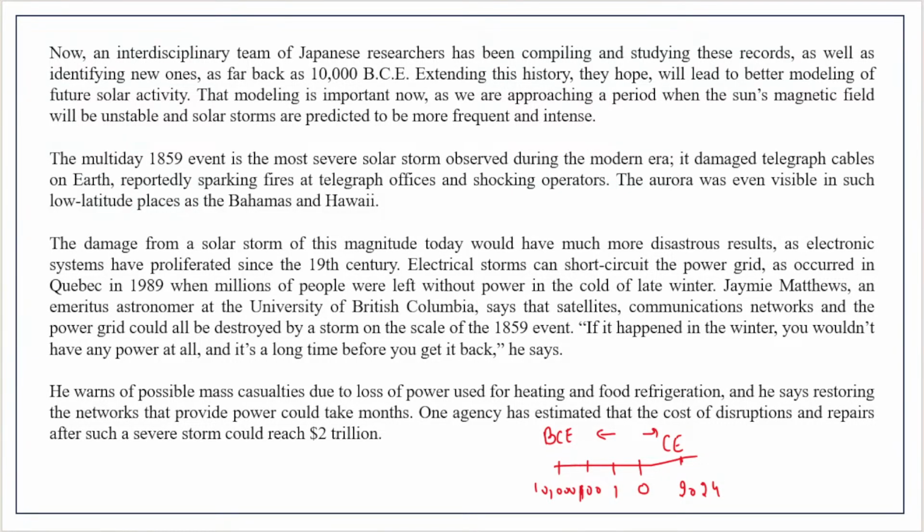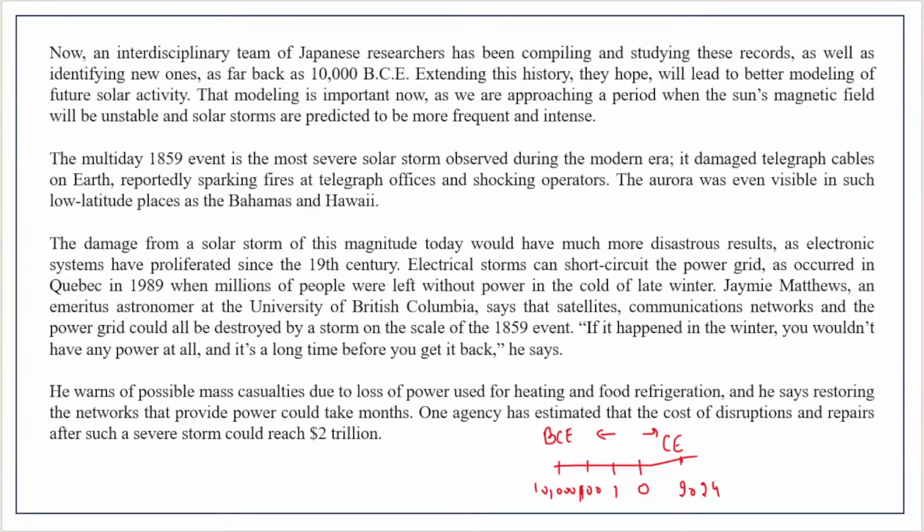Okay, so usually it's used for professors, but here it's used for an astronomer, meaning someone who was an astronomer once but is not an astronomer right now, but still retains that title. Once an astronomer will always be an astronomer. Okay, so he will retain that title. So Jamie Matthews is an emeritus astronomer. He is now working at the University of British Columbia. Okay, so he says कि अगर आज के टाइम में